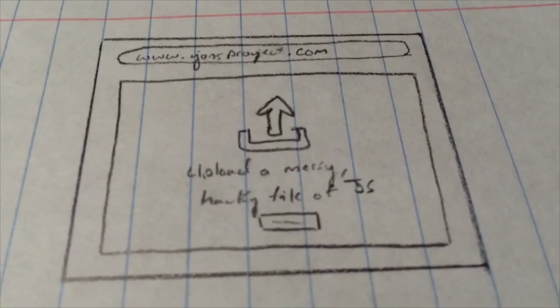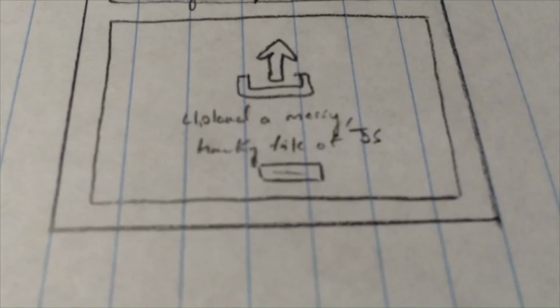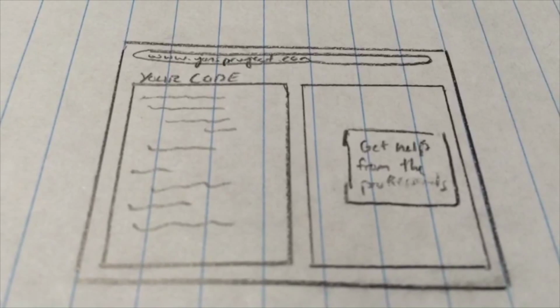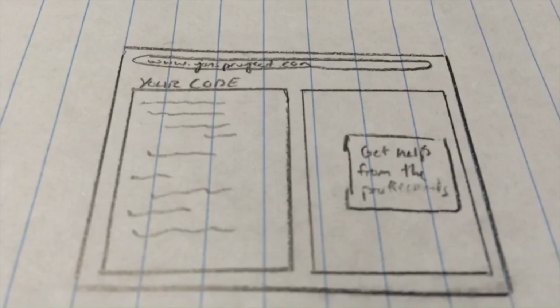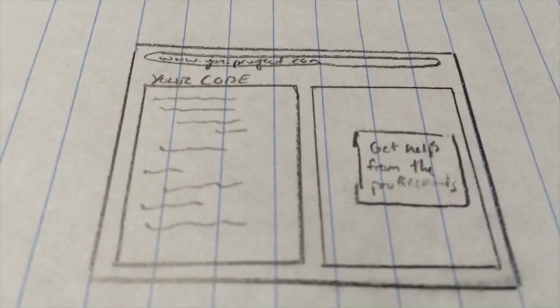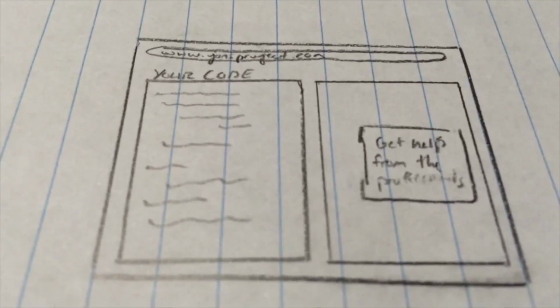that he's working on. He goes ahead and does that by clicking on that little button right there, and uploads that controller. Over here, the application shows that code in the left pane. On the right pane, there's a big button that says Get Help from the Professionals. So he clicks on that,